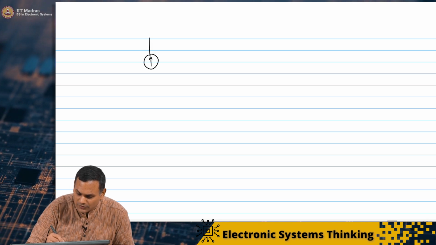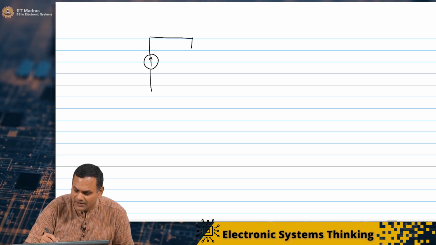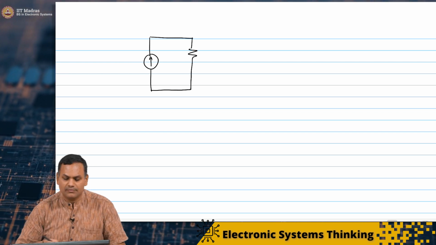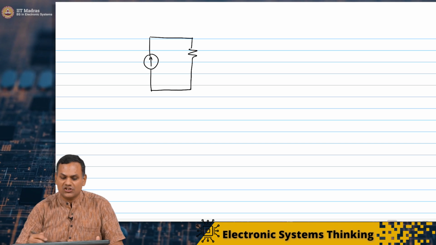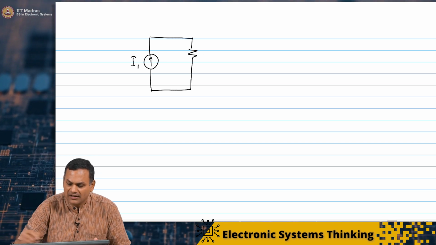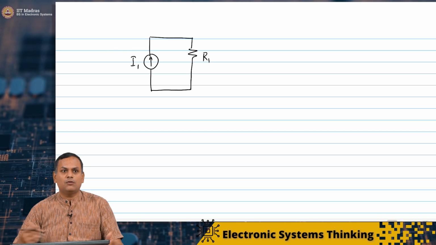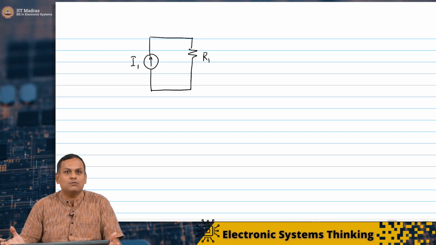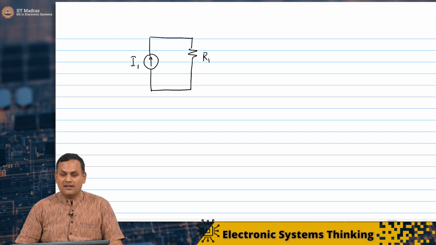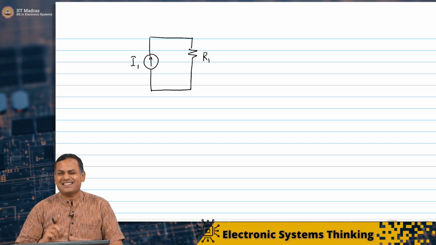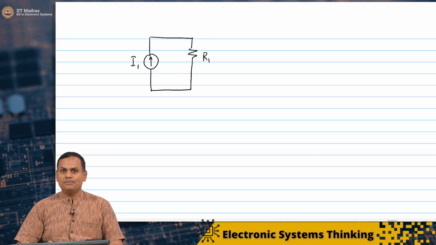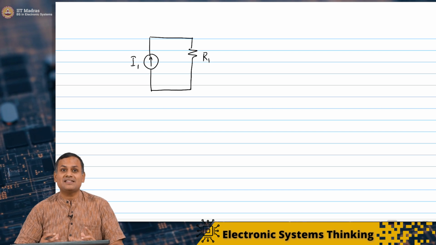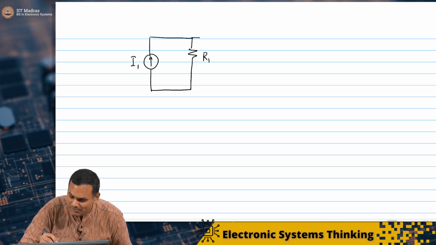I take a current source and I have a resistor. Now, of course, if I take a current source I1 and a resistance R1, the voltage across the resistance is simply I1 times R1, because I know this current has to flow through R1. Now, the situation with a current source is slightly different. So, a similar property exists if you put another resistance in parallel, because remember, just like